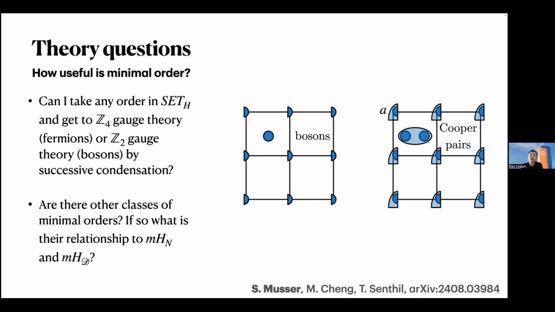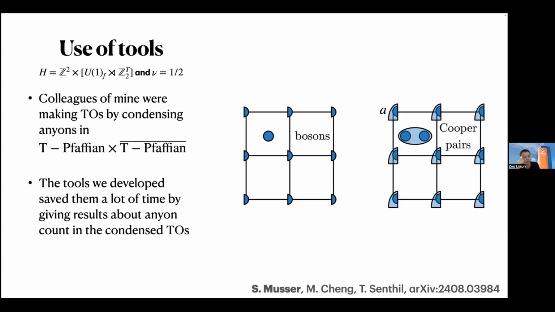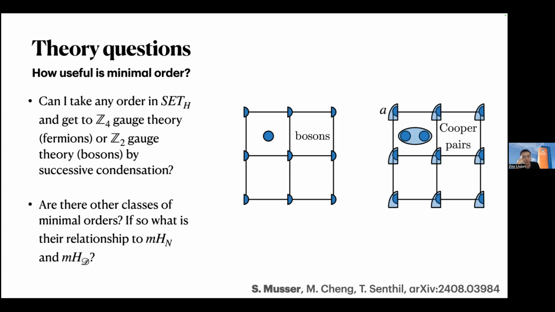Yeah. Also, for one part, you mentioned the Z4 topological order is the unique minimal one. Yeah. So in this Z4 topological order, in terms of symmetry fractionalization, is there any interplay between translation and time reversal? Do they always commute for all anyons? So I believe in this case, yes, they always do. But it is not obvious. I would not be able to come up with an obvious way of showing it.